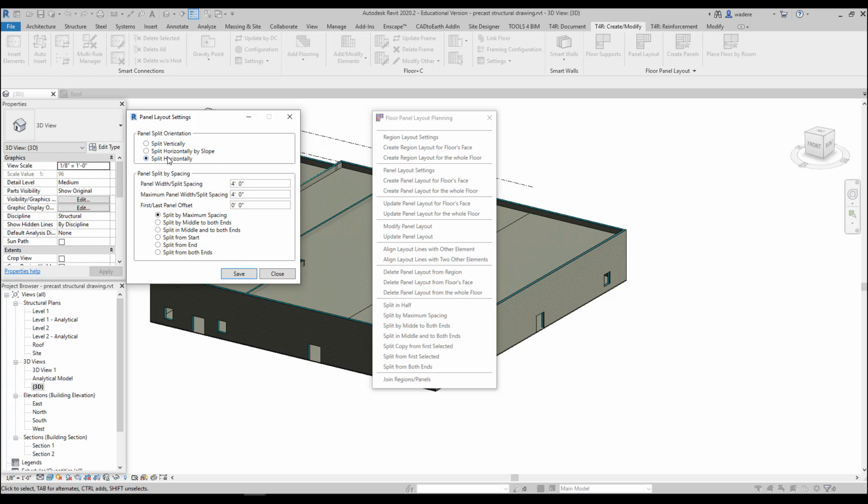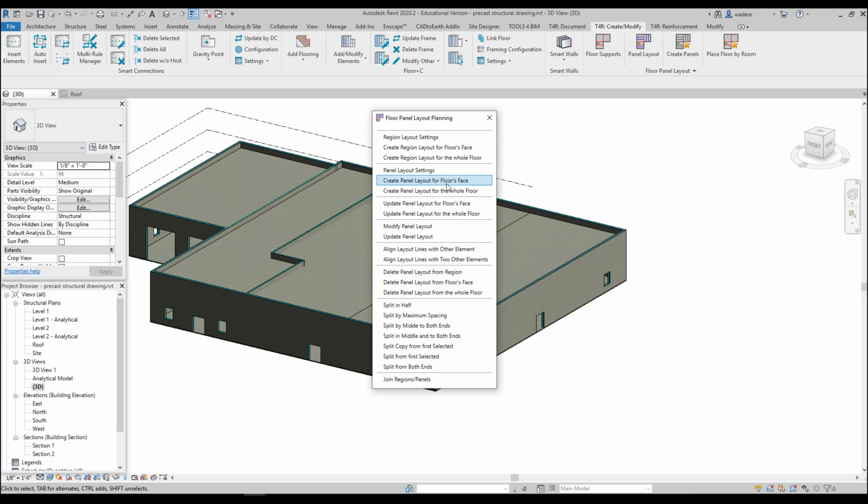And for that, I'm going to leave this because I'll have to possibly adjust that. I'm going to leave the spacing here at 4 feet, and I want to do split by maximum spacing. That way it will split all the panels evenly, but they will not go over 4 feet, but it will also not leave little slivers at the ends. So I'm going to go ahead and say save,